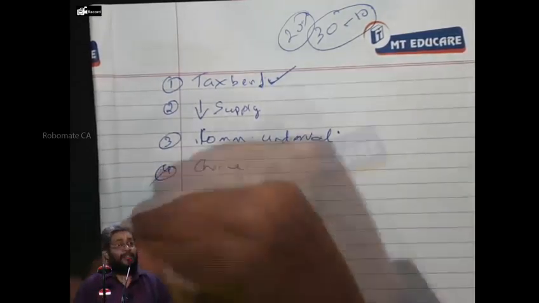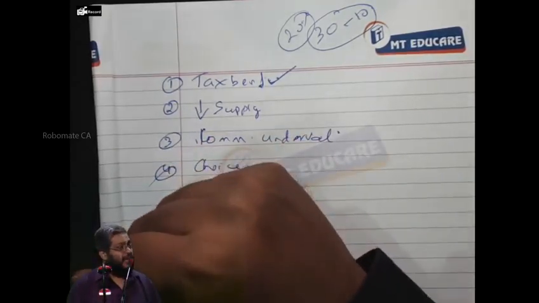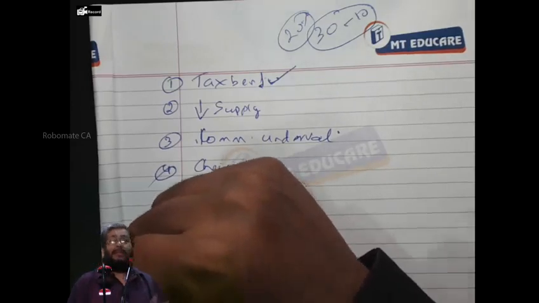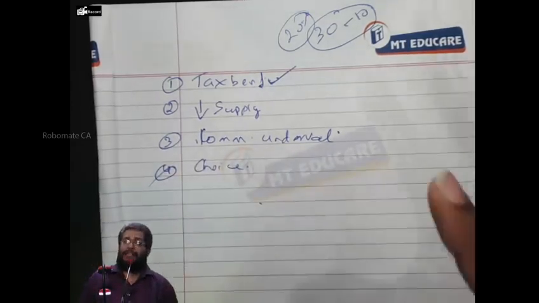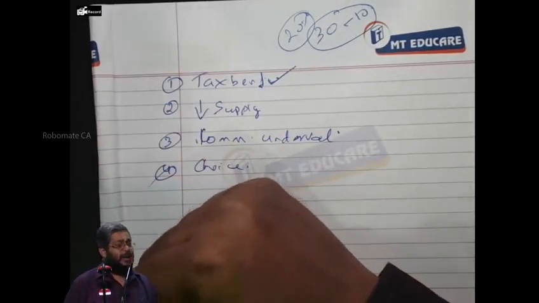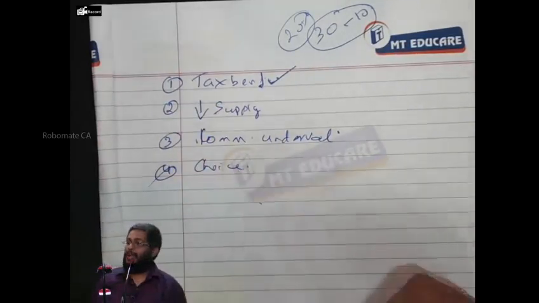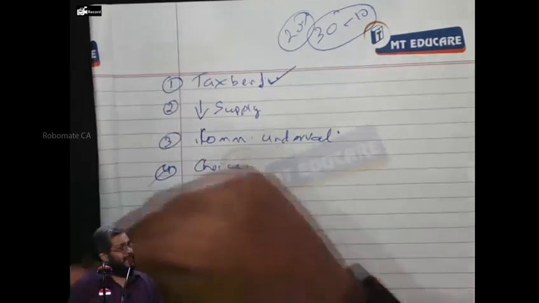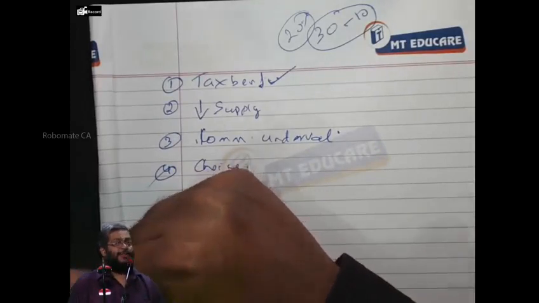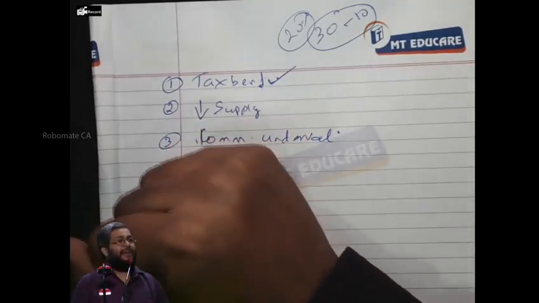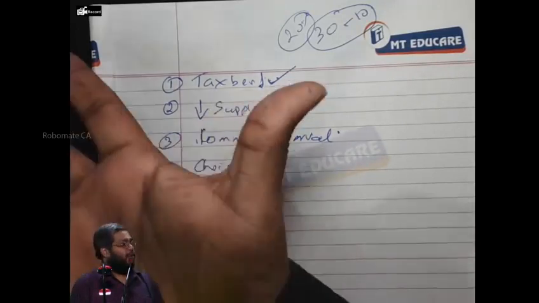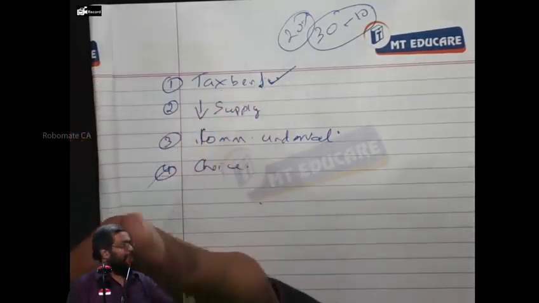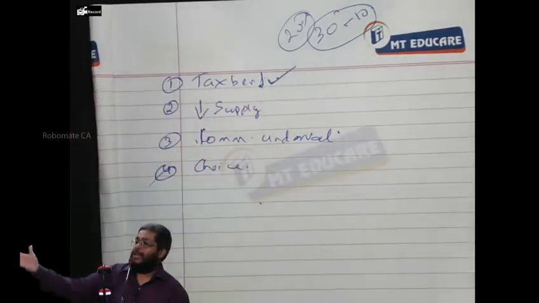Buyback gives you what? A choice to receive or not to receive. Are you following what I am saying? This is yet another advantage of buyback. And one more thing. Suppose I am a person who doesn't know how to invest. In that case, what happens? If you give me a dividend, I'll be searching here and there and put it in my savings bank account. But in case of buyback, if I don't know how to invest, I will not sell the shares back. Let it be with the company.